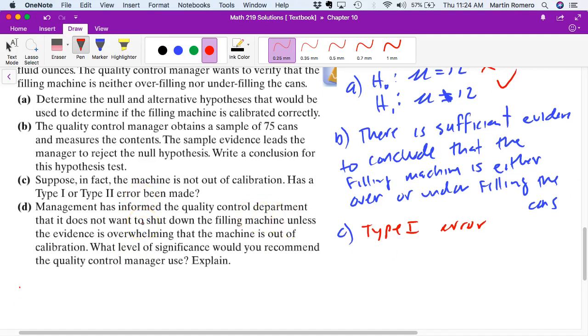C. Management has informed the quality control department that it does not want to shut down the filling machines unless the evidence is overwhelming that the machine is out of calibration. What level of significance would you recommend the quality manager use? This is where you would choose a level of significance when we do a test. You would choose an alpha level of somewhere around, we want overwhelming, so like we want to be 99% sure. So we would want to pick an alpha that's small, because in that case we're less likely to reject the null hypothesis. And I guess I'll put a reason,